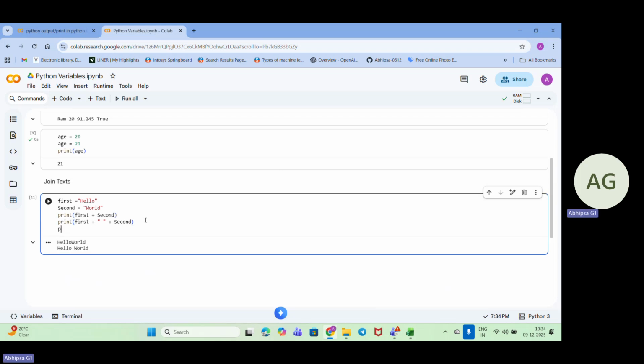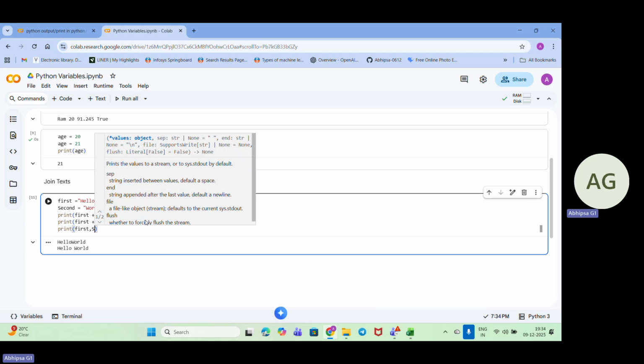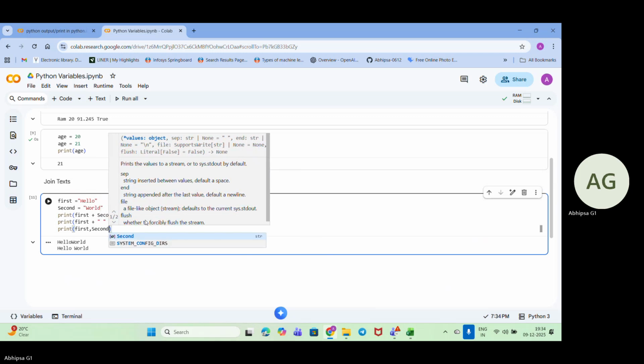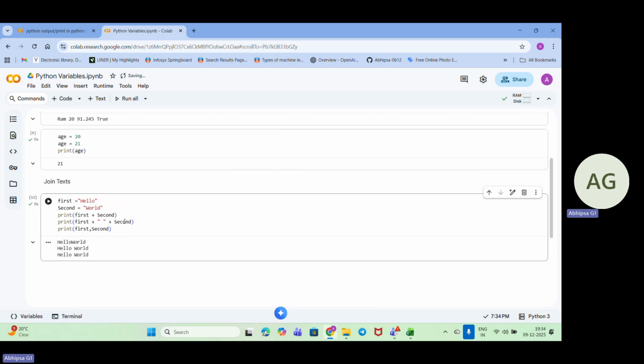Or if I am doing print first, comma second, let's see what difference we are getting. If we are writing first, comma second, then also we are getting a space in between. If we are writing first plus second, then there is no space in between. Then we need to add a space. So for that, we are using double quotation. Inside the double quotation, we have used one blank so that it is taking it accordingly. Okay, so this is how we can join the text.